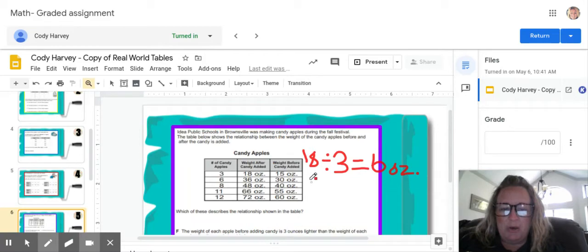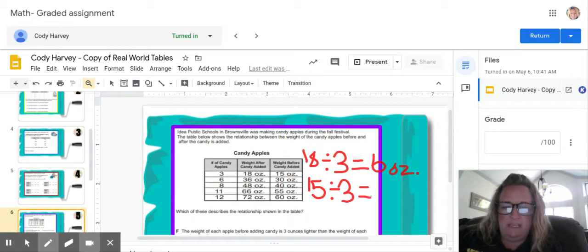Okay, so now I want to know, how much does it weigh before I add the candy? So I'm going to do 15, because the first line shows that before the candy is added, 3 apples weigh 15 ounces. So now I have to divide 15 by 3 apples. So 15 divided by 3 is, or you could say, what times 3 equals 15? It would be 5